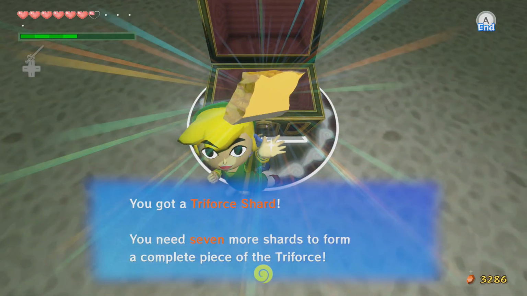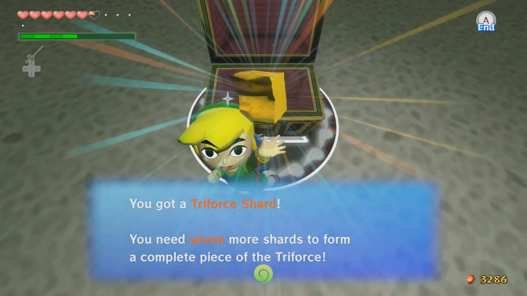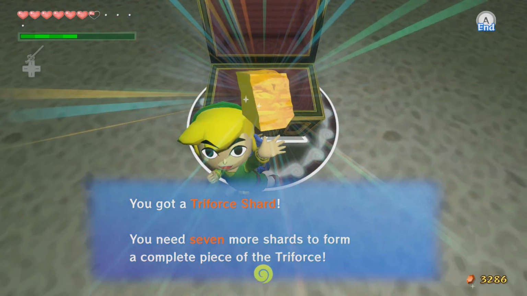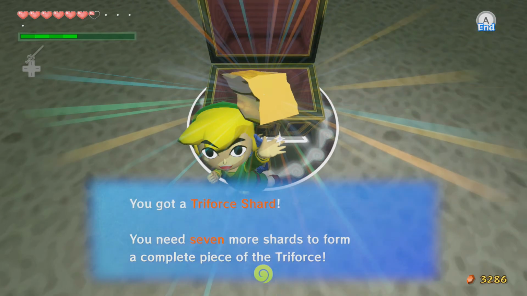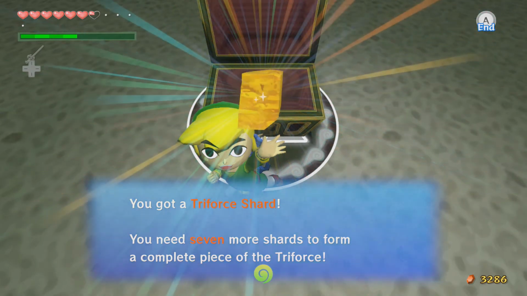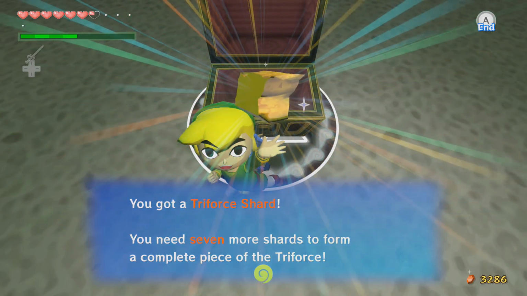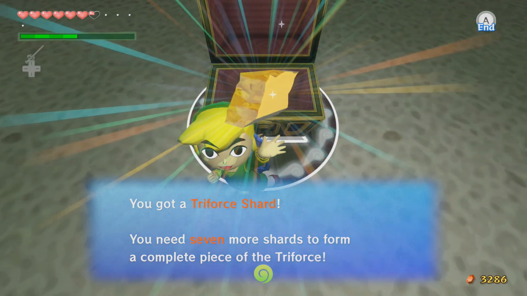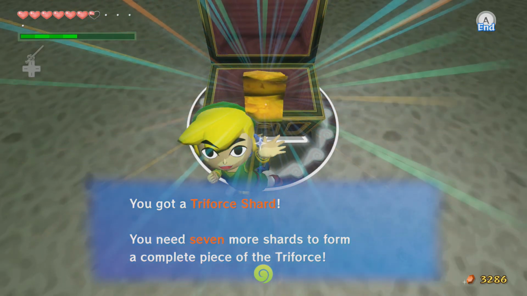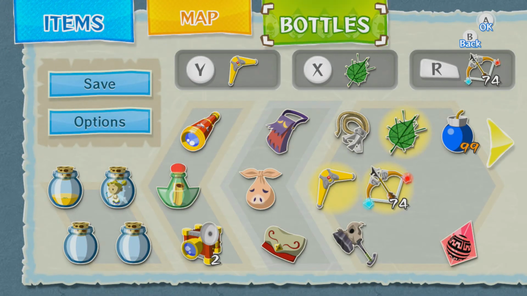Okay, we got the Triforce Shard. Oh, that's right, alright. I totally forgot about that. Or is that right? Is that how it was in the original game? I'm trying to think, I could have sworn that we got a Triforce Chart from this, not a shard. That's not right. I am almost positive that we only get these shards on the sea. They've changed that, and I don't know why. So we do need 8 in total, I was right with that, but...